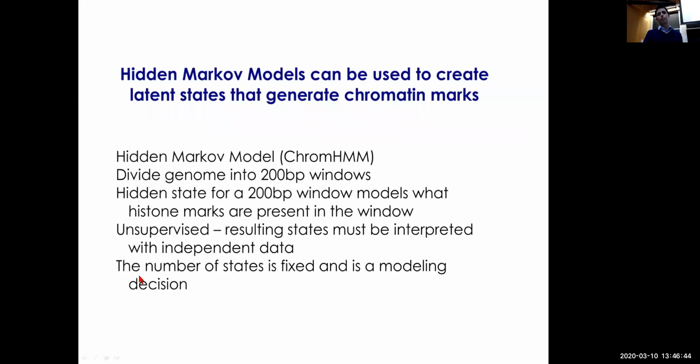And frankly, we had a hunch as to how many states we should have based on the number of marks that we have. Because the more marks you have, the more you're able to distinguish different subtle states. If you only have one mark, there's really no point in having 20 states. If you have 50 marks, then 2 states is probably underkill. So it was a right balance where, with more marks, we could learn more subclasses of elements in the